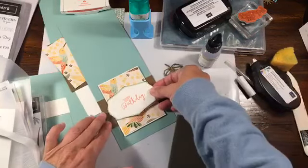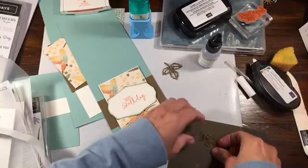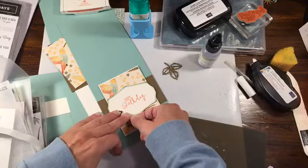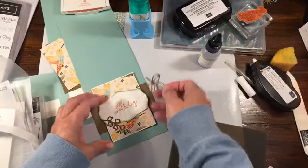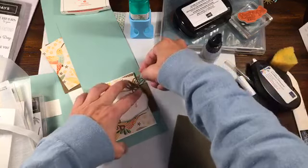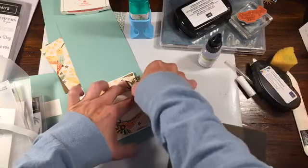I'm going to place this down like that. The cool part about these is, since we have these things, it'll kind of distract from the fact that the happy birthday is not really necessarily straight, which is fine. And I'm going to tuck this partially under. Oh, I probably should have put a, you know what, I should have put a dimensional behind this one